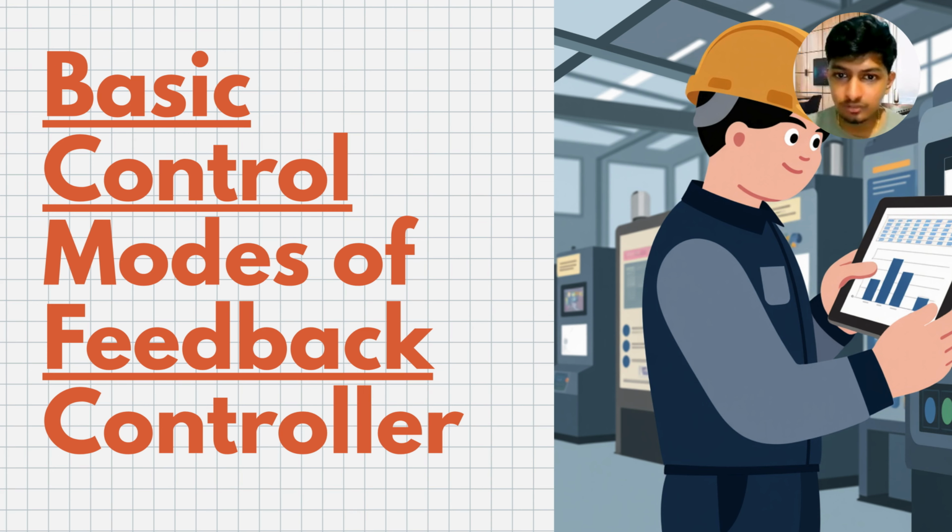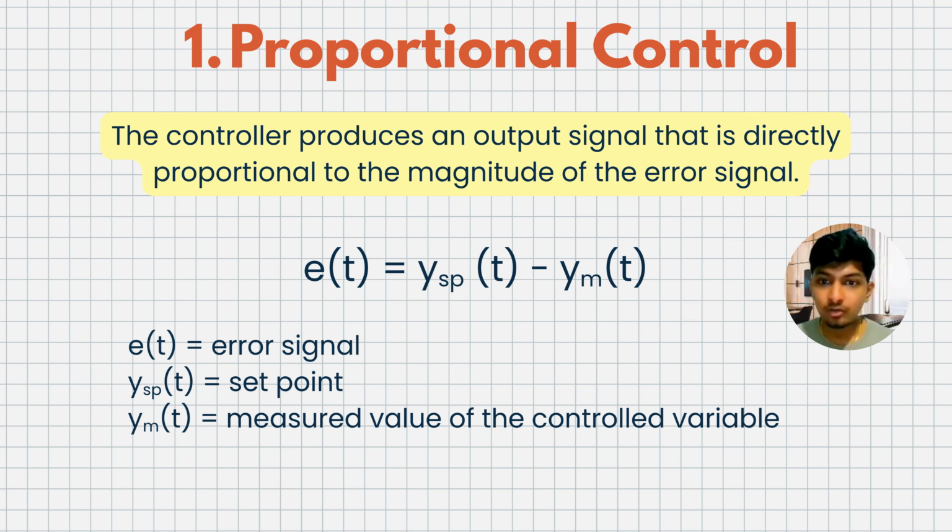The basic control modes for the feedback controller in the feedback control system are proportional control, integral control, and derivative control. Each control mode has a different function, and they are often combined to form a PID controller for better process performance. Proportional control produces an output that is directly proportional to the error between the set point and the measured